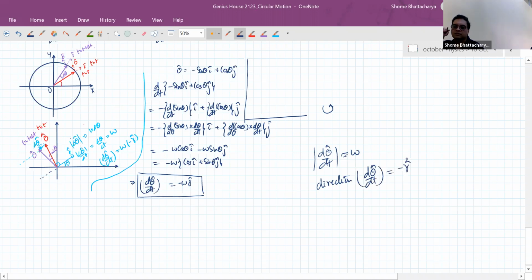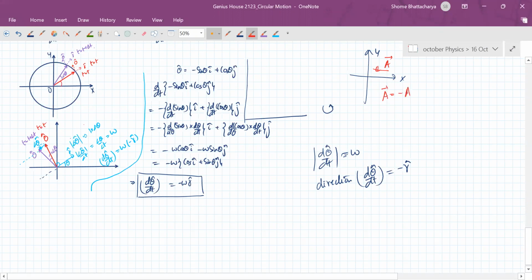Is it clear now, beta? So let me think about this. If we have a vector like this, in the vector diagram I'm drawing, how will we express the vector A in terms of direction? It is along minus i cap, no? So it will be some magnitude into minus i cap. So the significance of the minus sign here is not to do with clockwise or anticlockwise, because we're dealing with a polar vector, not an axial vector. Got it? Okay, sir, I got it.